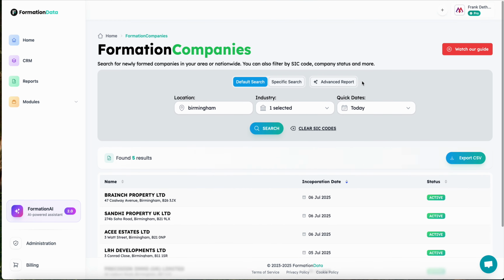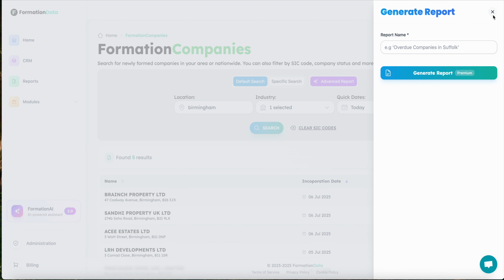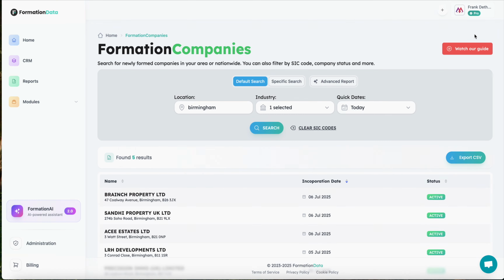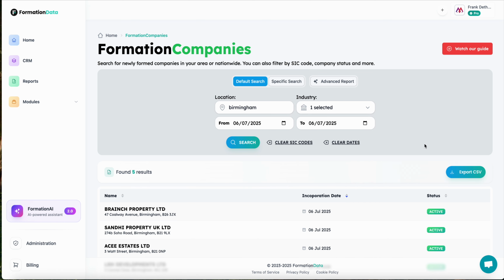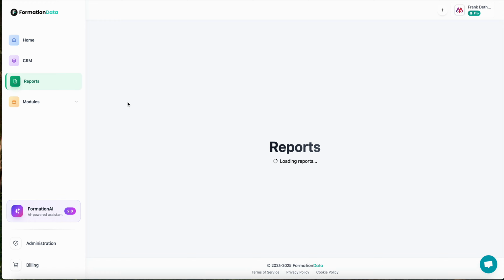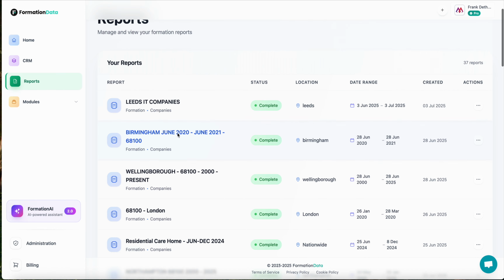Now, we can also do an advanced report, which will go search a lot more information at Companies House. It'll start reading mortgage charges, finding out addresses, things like that. It's best to do with a custom date search, so you could cover a much bigger area in time. Now you can search around 950 companies at a time on an advanced search, but we are looking to increase that. So if we have a look at this period here,